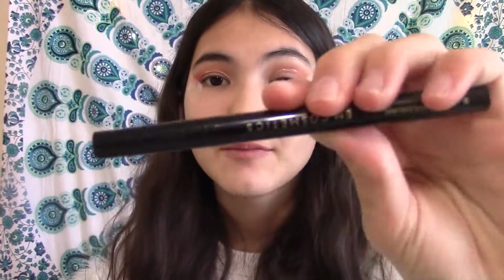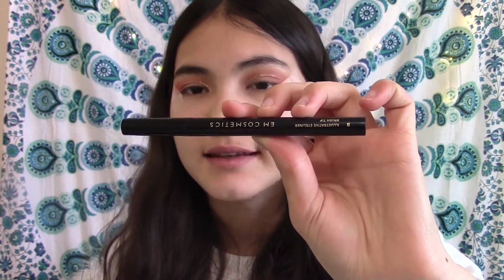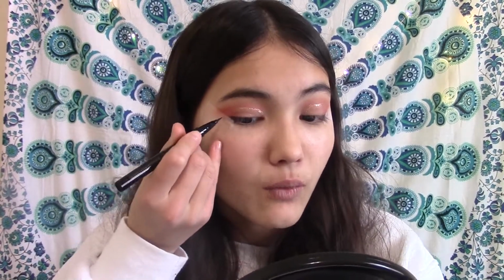So I'm going to be using the EM Cosmetics eyeliner just because I love this eyeliner so much. And it's just like the easiest eyeliner for me to use. And this is the only one that hasn't dried out completely on me. So I'm going to try not to let it dry out this time. I'm just going to take the eyeliner, shake it up a bit. And then I'm going to do like a wing from about here to here, and I can't really do eyeliner